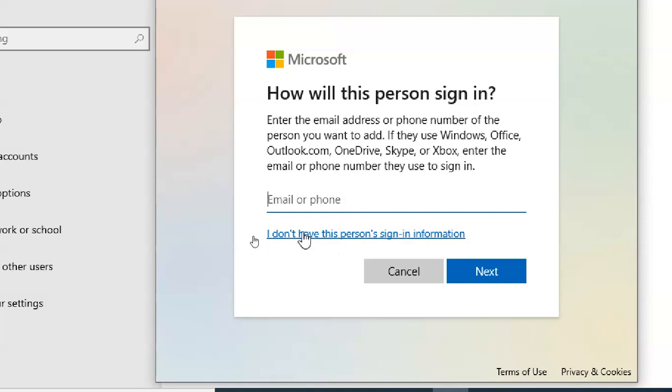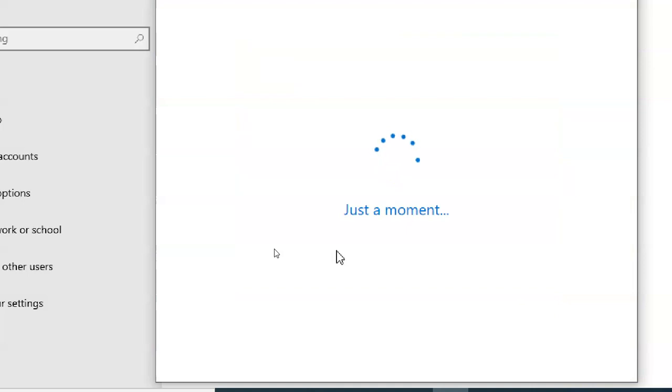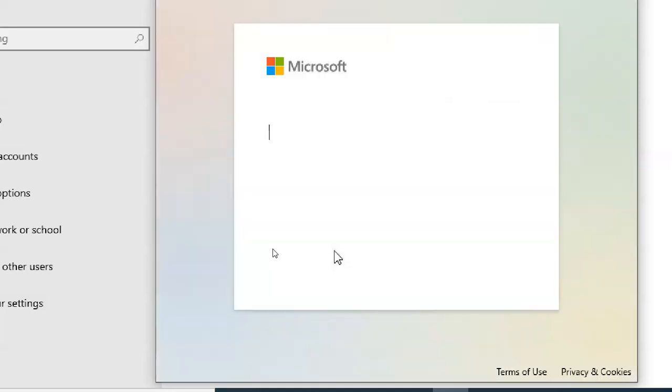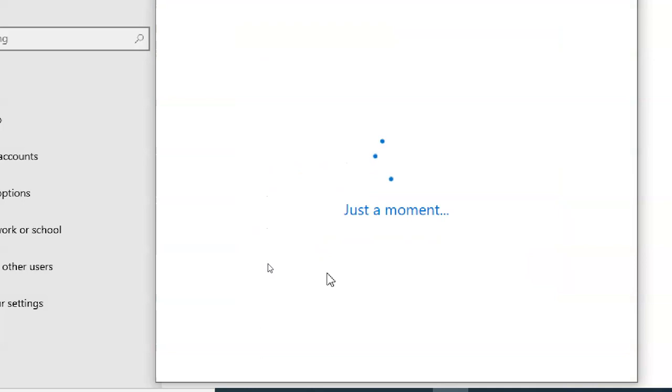I don't have this person's sign-in information, so I will click this one. Now it is asking to create a new account. I don't want to create an account, so I'll go to add a user without a Microsoft account. Click here.